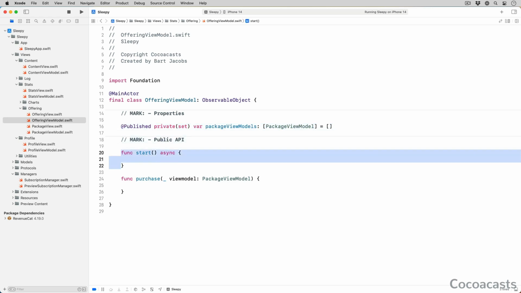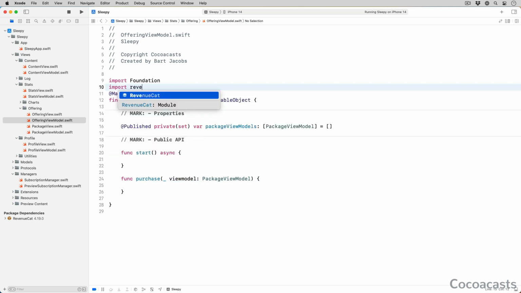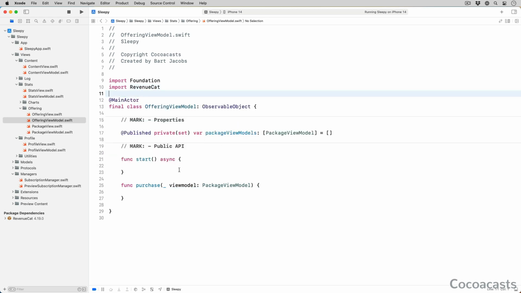The start method is invoked when the offerings view appears, and in that method we ask the RevenueCat SDK for the current offering. The purchase method is invoked when the user taps the buy button of a package. Don't worry if this sounds confusing, it will make sense in a few moments. We first add an import statement for the RevenueCat SDK at the top. The next step is